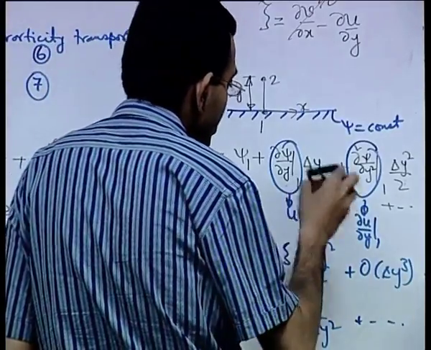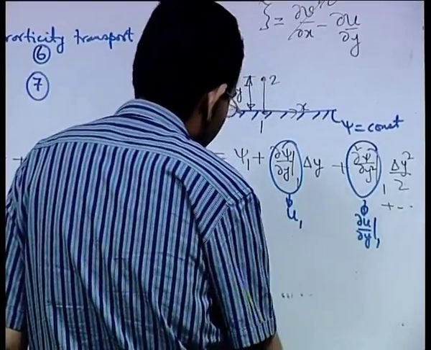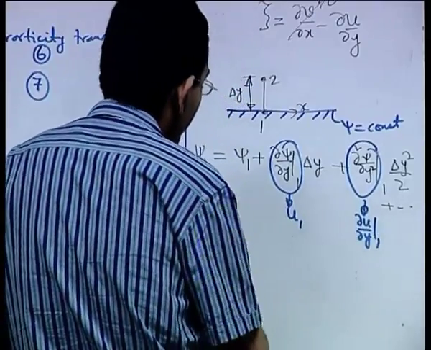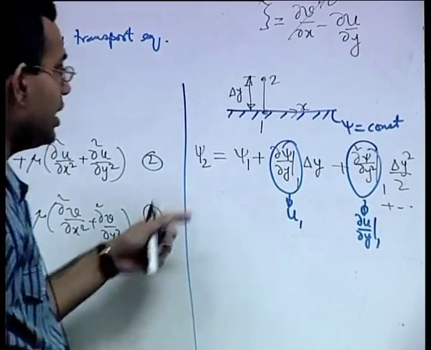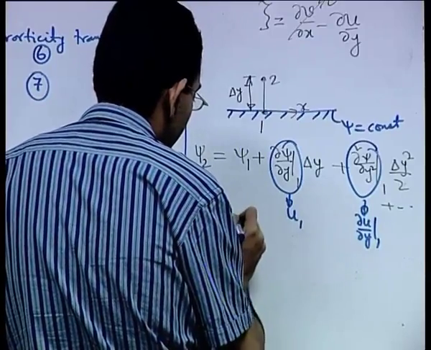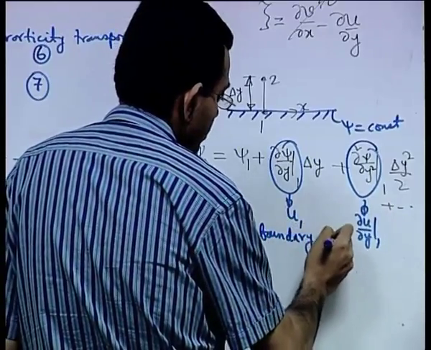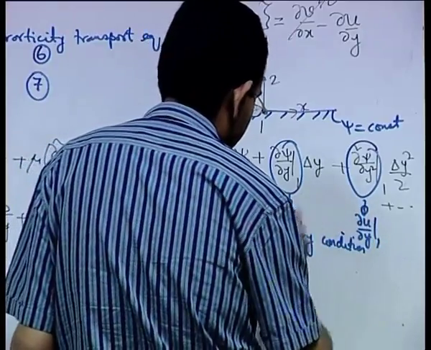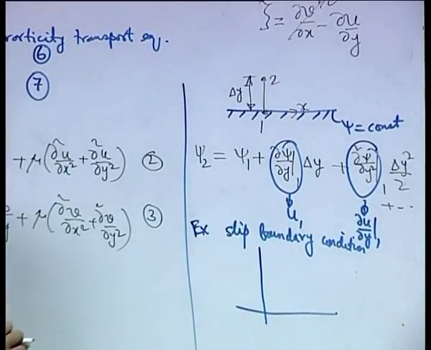modify this situation a little bit, and let us try to work out a problem where we consider that instead of a no slip boundary condition there is a slip boundary condition. So, if there is a slip boundary condition, then how do you write the stream function vorticity relationship as a boundary condition? So, example, slip boundary condition. So, the slip boundary condition